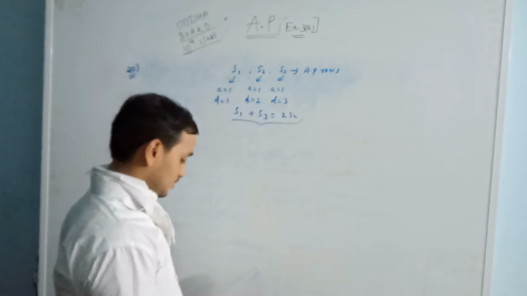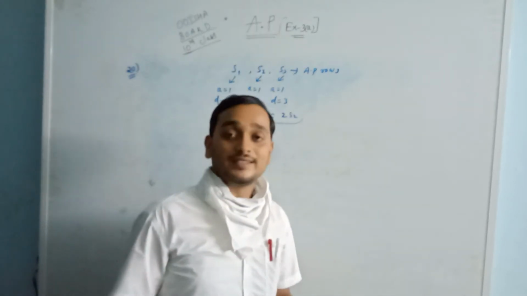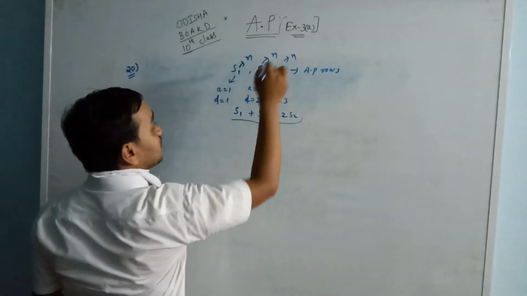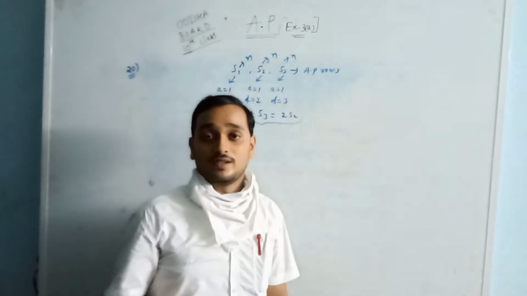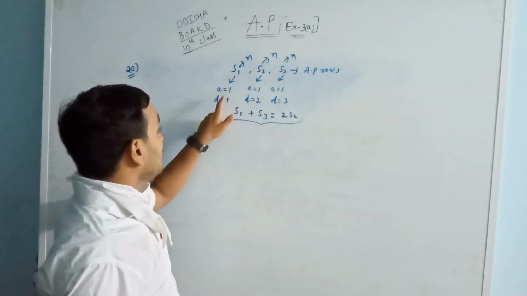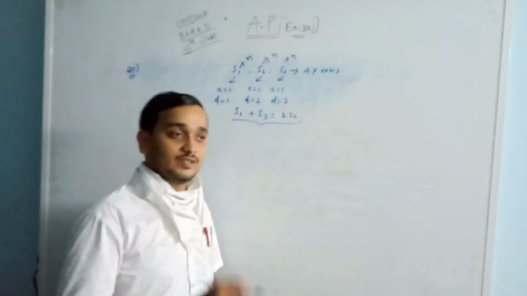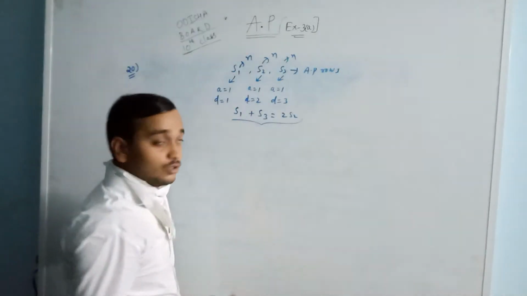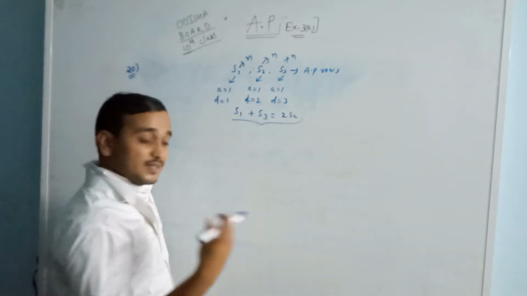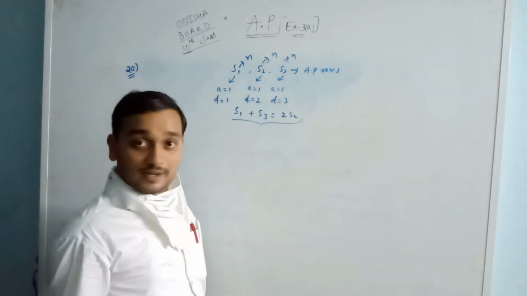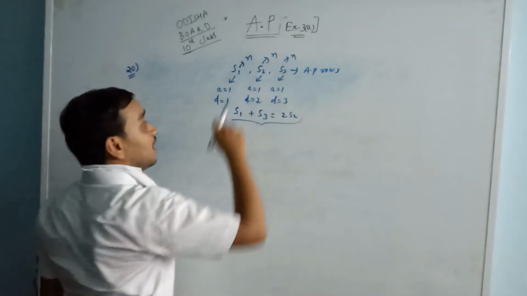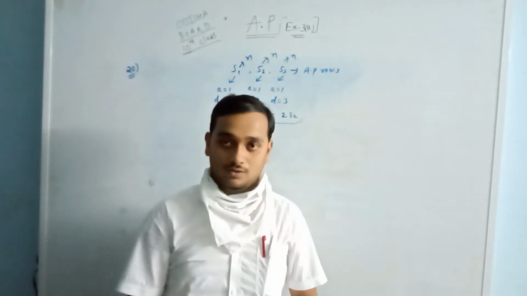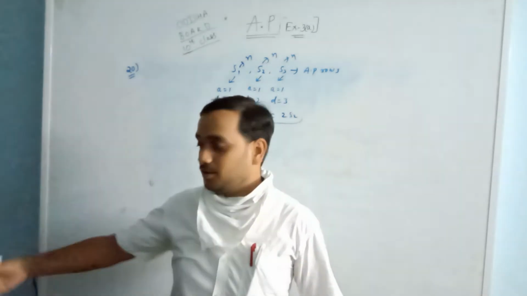Okay. Another thing is given: n terms. That means the first row has n terms, the second row has n terms, and the third row has n terms. We don't know how many numbers, but the given quantities are A, D, N. Okay, so I am telling you there are 3 rows. In the first row the number of terms is n, we don't know it, but A is equal to 1, D is equal to 1. In the same way, S2 is the second row, and we don't know how many numbers it has.